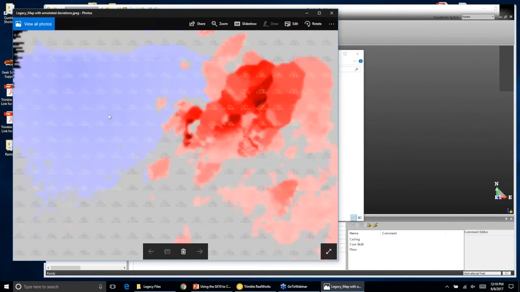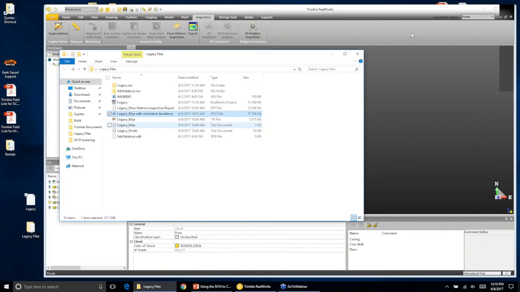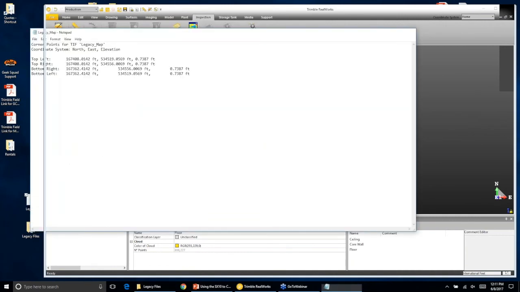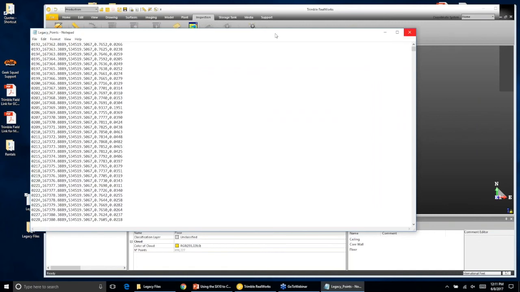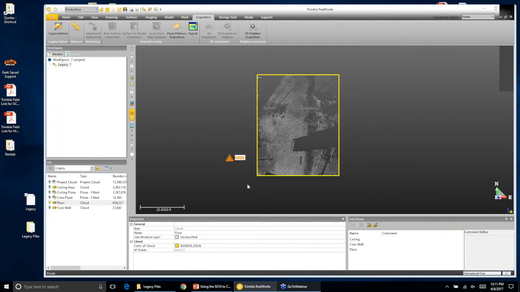So you can see, you get point information. You also get an actual points file that you can then load into your data collector and stake out. So the floor flatness tool is extremely powerful, extremely helpful for being able to document very quickly and easily the floor flatness. Next thing that I'm going to talk about is going to be